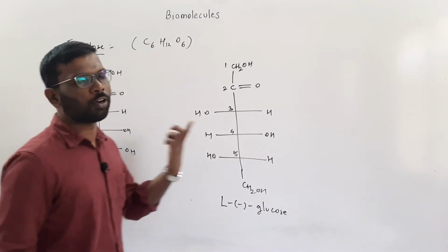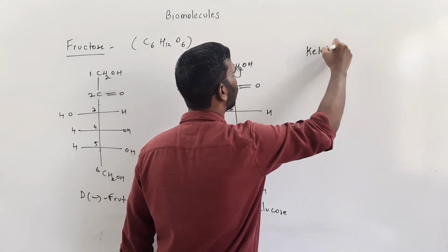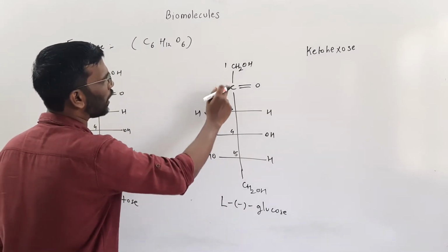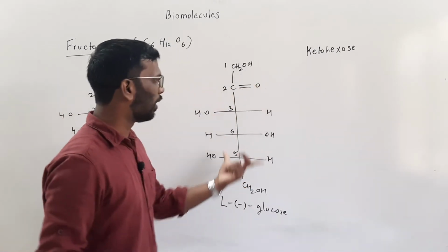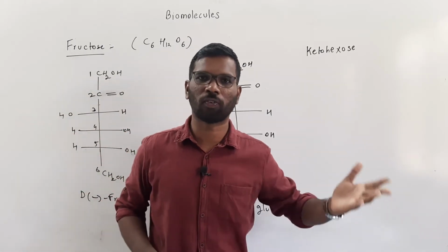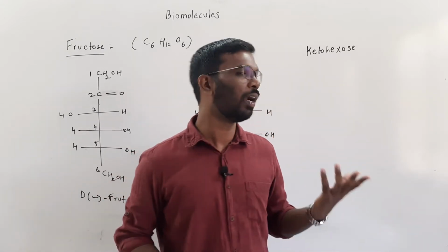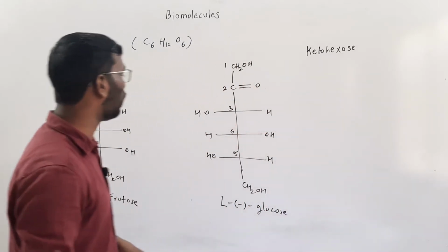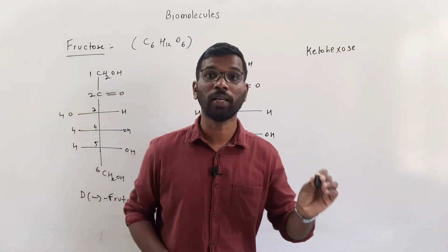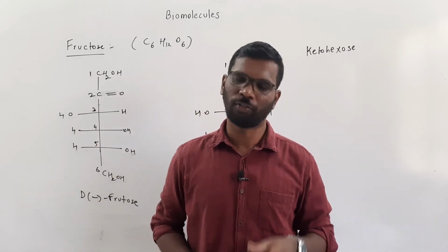Now the other name for fructose is ketohexose. Why? Because here there is a keto group. You can see that carbon and double bonded oxygen, and this is the R group, and this is the another R group. So it is a keto group. In the case of glucose, it was an aldehyde. That's why we used to call that aldohexose, and here I am calling this a ketohexose. This is about the D and L form in the form of a Fischer projection.